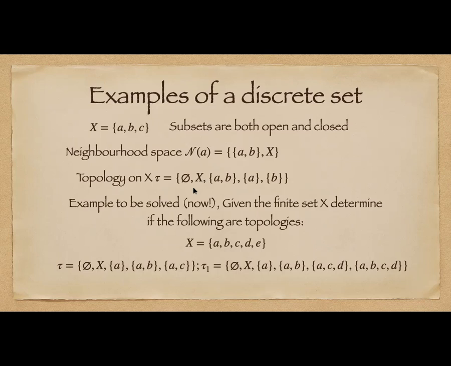Why is C not in the neighborhood space? Because C does not have A in it. C and A are two disjoint set elements. X has A, B, C, all 3 in it. And then AB is the other set which has both A and B in it. We could also add just the set A to it. That would also be a neighborhood space. But this is one example of a neighborhood space.